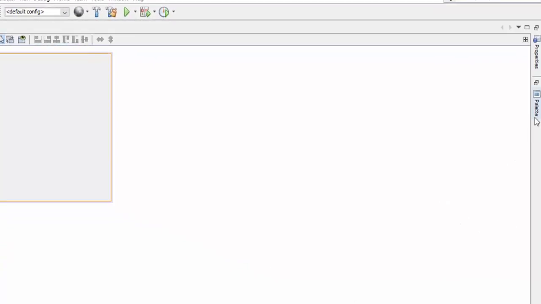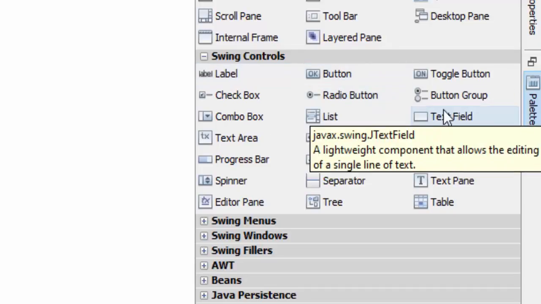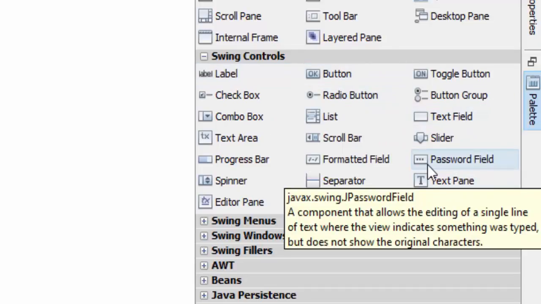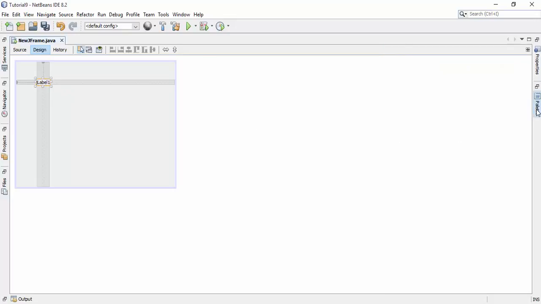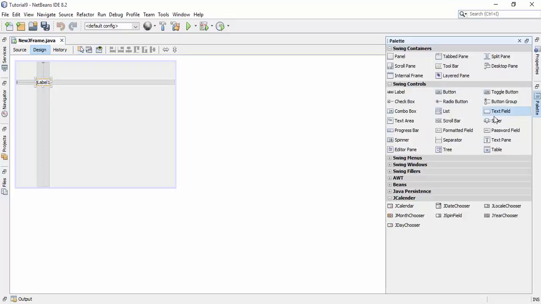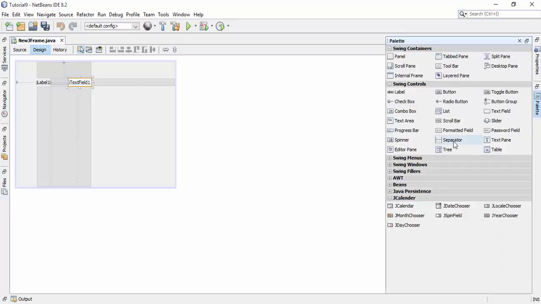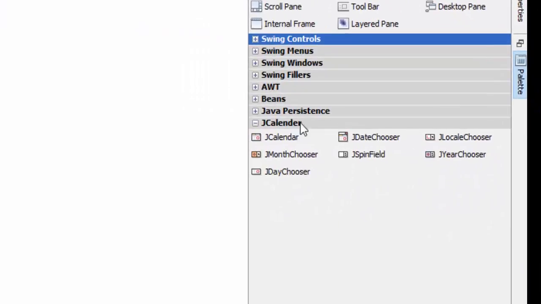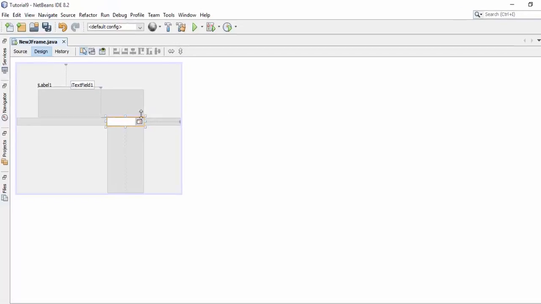Now at the right side you will find a palette. In the palette you will get different options to drag and drop for creating different components like a password field and a text field. So we are taking a label on the top left corner, and similarly we can also drag a text field for creation of our application. But if you notice, I have an extra palette option like JDateChooser, and if we